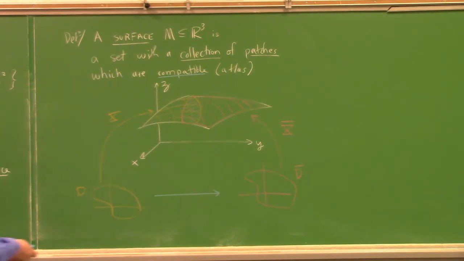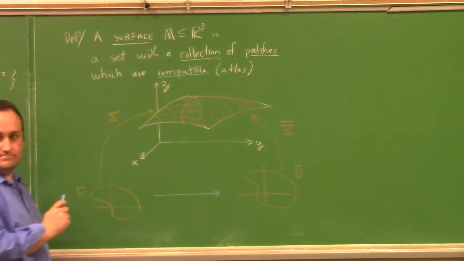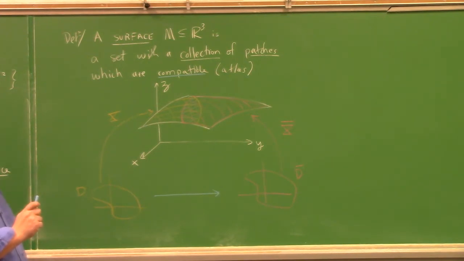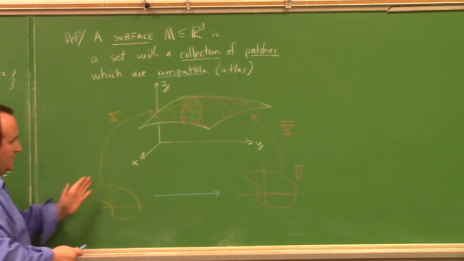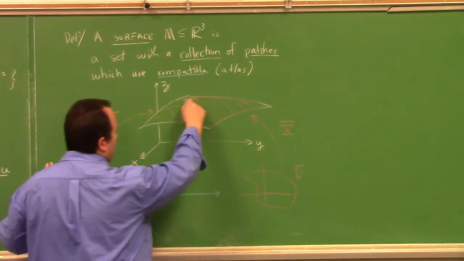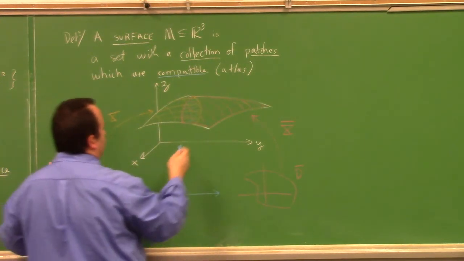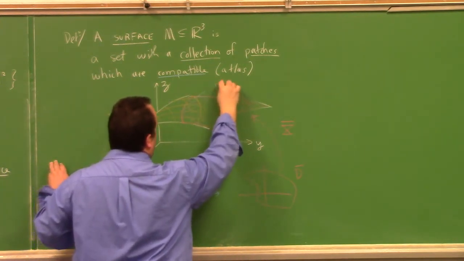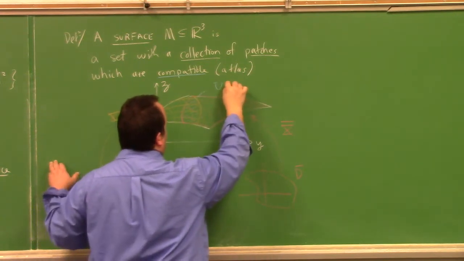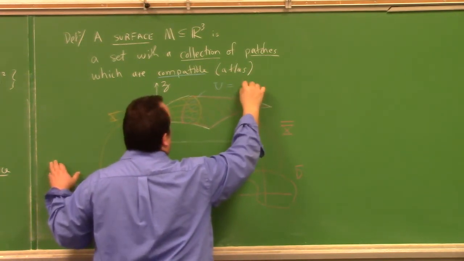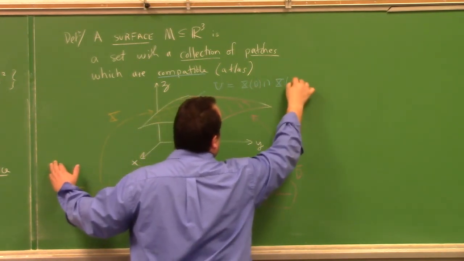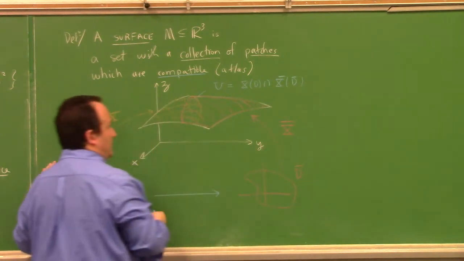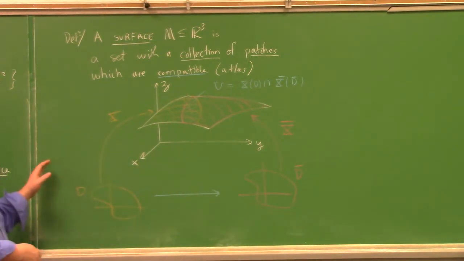Okay, I see what you're saying. One can say something about that particular area that the other one doesn't. Yeah, well, I'll give a specific example here in a minute, but you guys just have to help me out here. So if we take the intersection of these two things, let's give this a name. Let's call it U equals the intersection of x of D and x bar of D bar. I'm just going to call that U for the sake of having a name for it.